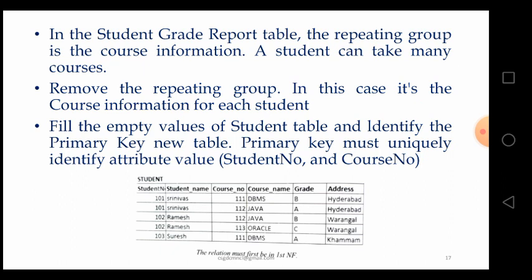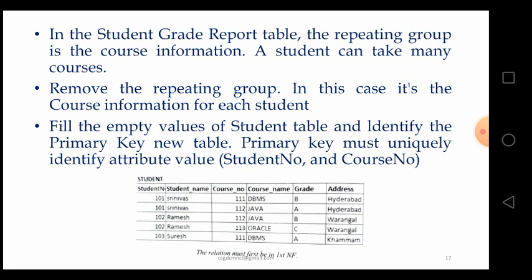Student number 101, name of the student is Srinivas. Course numbers 111, 112, course names DBMS and Java, grades B and A, address is Hyderabad.